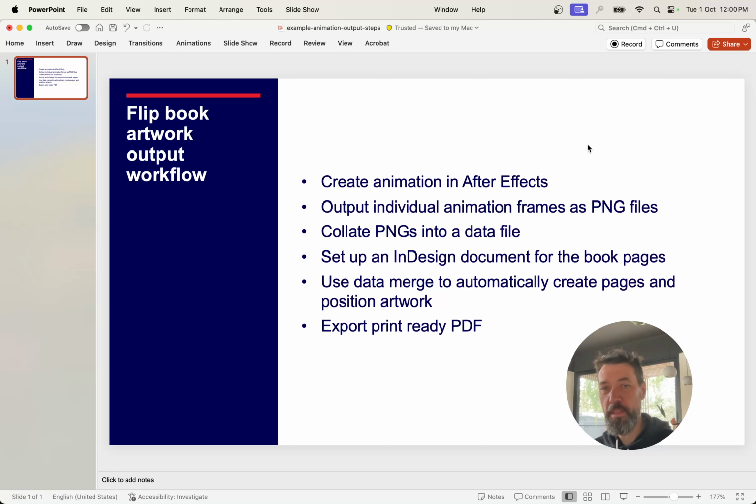And we're going to collate them into a data file. So we're going to list them in a spreadsheet. Because what we can do with that spreadsheet is what we call data merge. And that's a process of automating the creation of a document in InDesign. So we'll set up the InDesign document, create the page template. We'll do that data merging. The pages will be automatically generated, so hopefully that speeds up our process, and then we can export a PDF